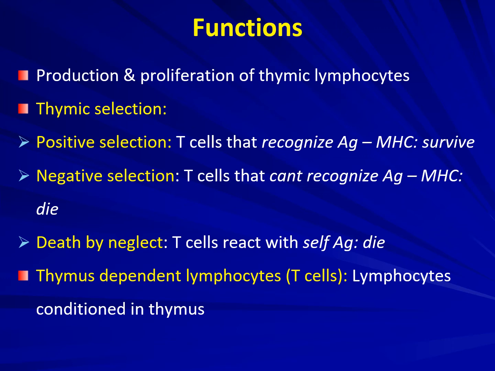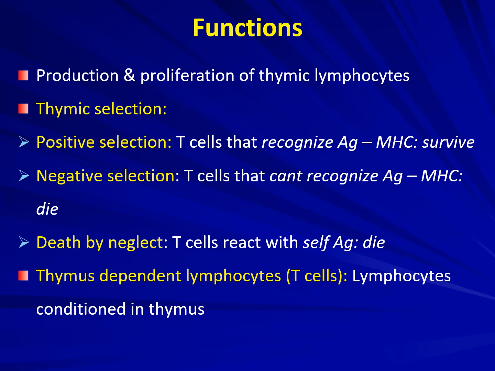What is positive selection? Suppose the T cell is recognizing that antigen with MHC. MHC is major histocompatibility complex. Antigen is directly not presented to the T cell. It has to be presented or bound to another cell or a complex. Only then it is recognized by the T cell. Such T cells which are actually able to recognize that antigen MHC complex, because that is the actual function of the T cell, if they're able to do that, then those cells survive. That is called a positive selection of T cell.